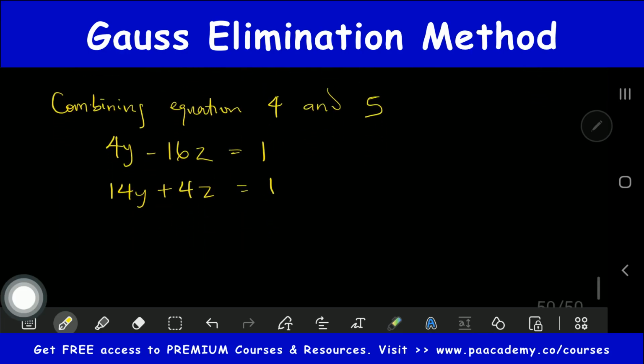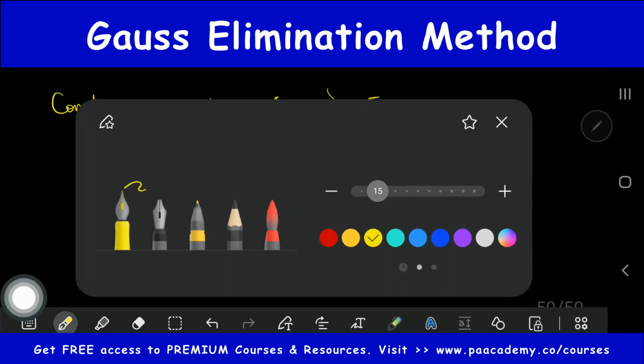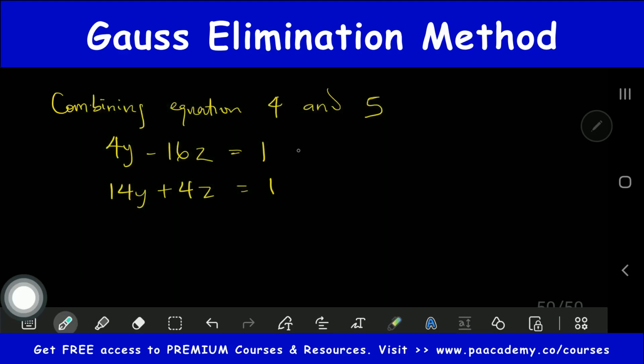All right, so we are just going to be using the concept of simultaneous equation right here. Okay, so to make it easier, because you're going to use this to get either your y or your z, whichever one. So to make it easier, what we want to do now is let's multiply this by 14, and then we'll multiply this, say, times 4. Okay, so doing this will help us cancel y so that we can get our z. So if you should do that correctly, 4 times 14 will give us 56y, and then